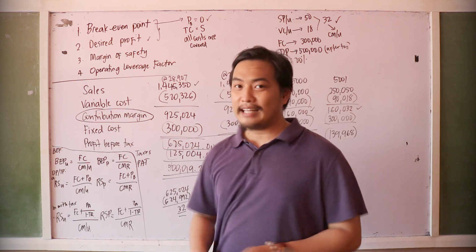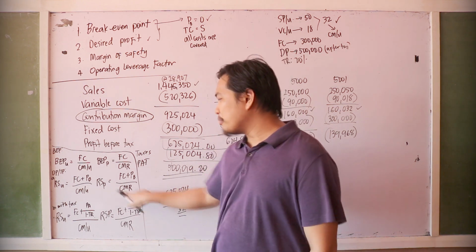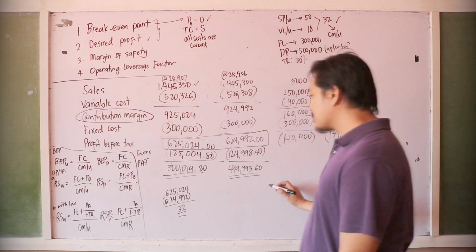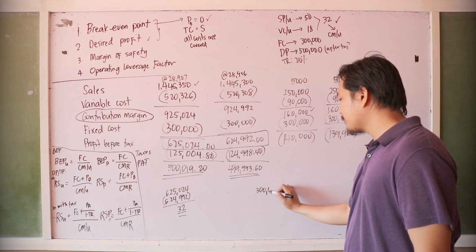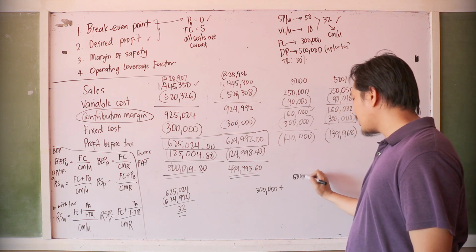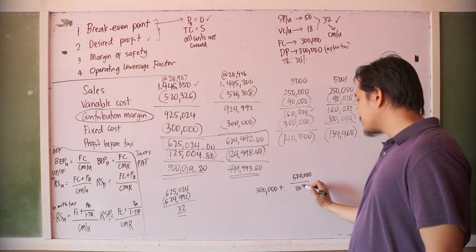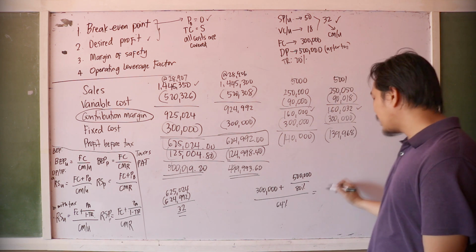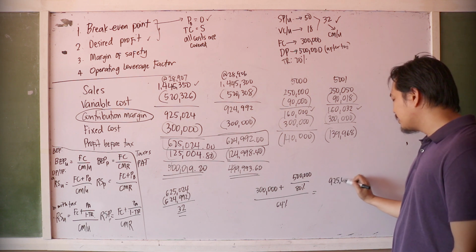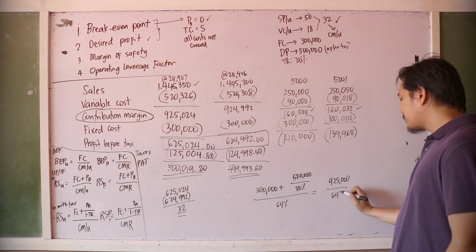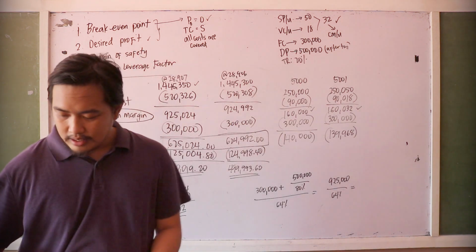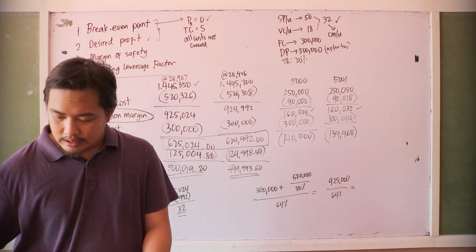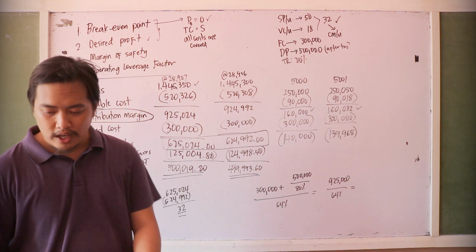Tama ba itong nakuha natin na sales? Using itong formula na ito, which computes for the required sales in peso. Yung fixed cost natin na 300,000 plus 500,000 divided by 80% divided by 64%. So again, makukuha natin yung 925,000 divided by 64%. Compute natin. 925,000 divided by 0.64. Lalabas